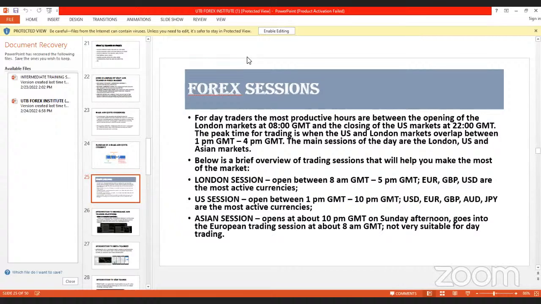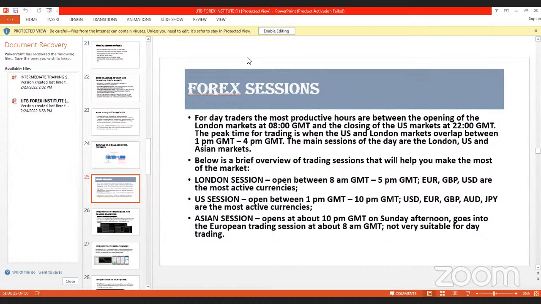During that 8 a.m. to 5 p.m. of every trading day, or every trading session. Now the next session is the US session, which opens by 1 p.m. and closes by 10 p.m. every trading day. The currencies that are more volatile are, of course, the USD and the CAD, the Canadian dollar. Every other currency, euro, GBP, and all of that, you can just put there. JPY is also a friend to USD. They are allies, so they are just there. So these are currencies that are more volatile at different times.